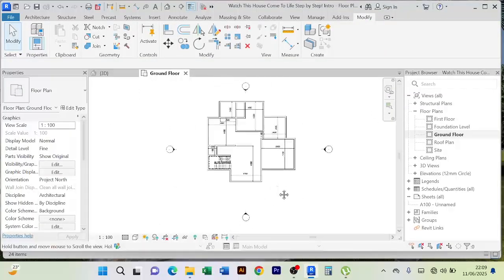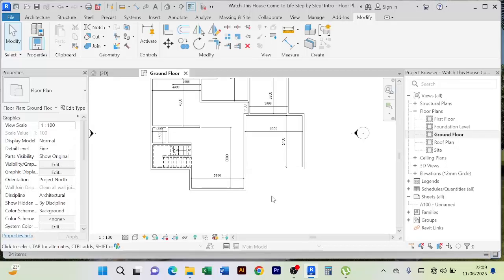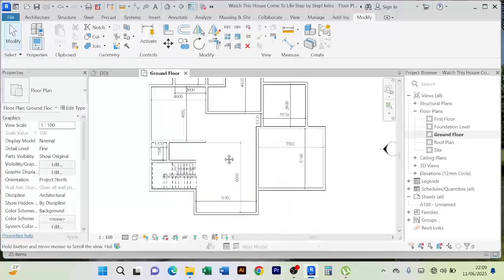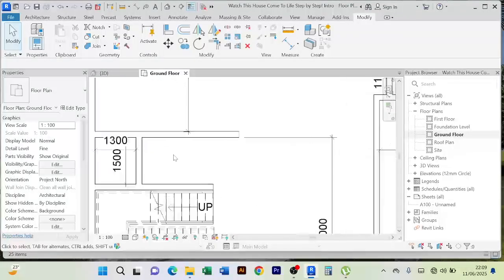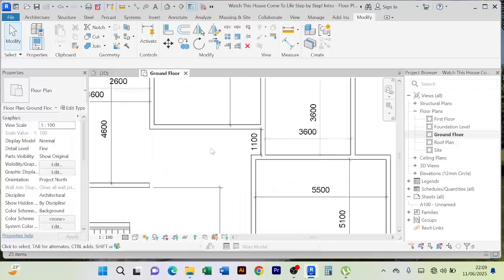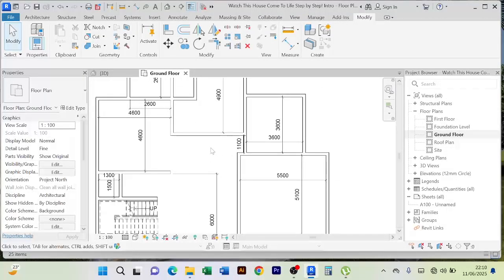See that? Something like that. So that the stair is covered with walls all around. So make sure you always save your work after doing a number of changes. Okay, now